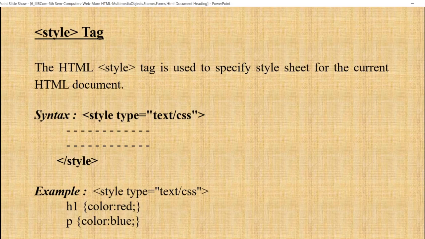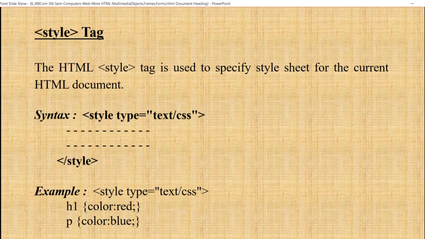Inside the style tag elements, you specify how HTML elements should be rendered in a browser. If I write a style here, if you observe in this example, H1 color equals red, paragraph color equals blue. I can assign this value for each and every H1 tag or P tag. In each and every web page, I have a number of H1 tags. I have paragraph tags. For every H1 tag, I have to make a color attribute equals red or else color equals blue. For heading tag, I have to make the color as red and the paragraph as blue.